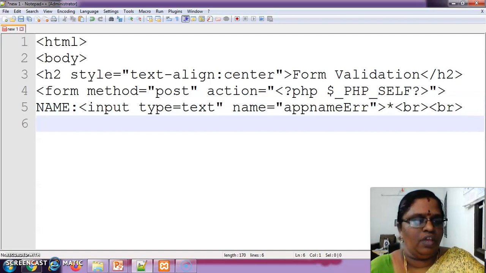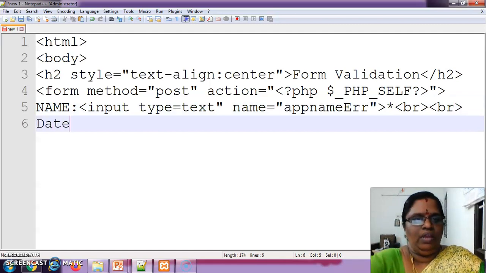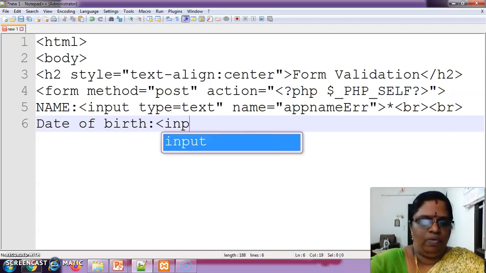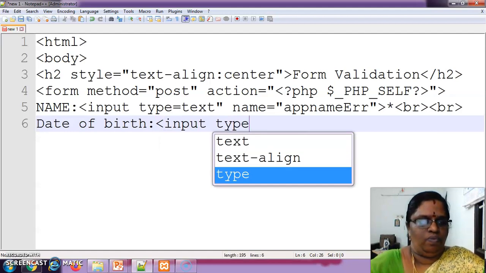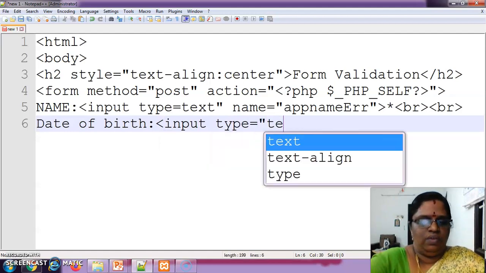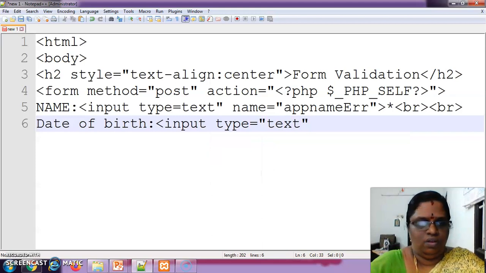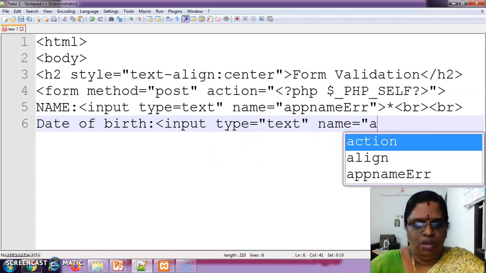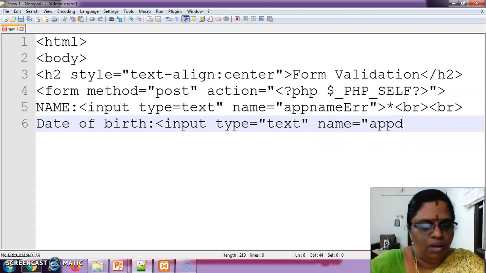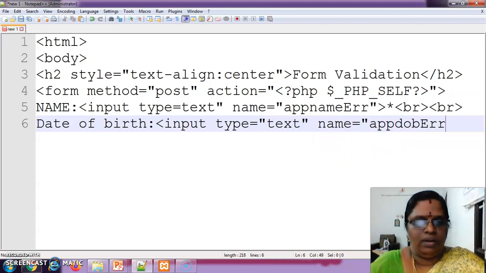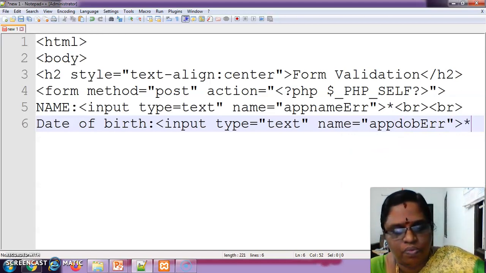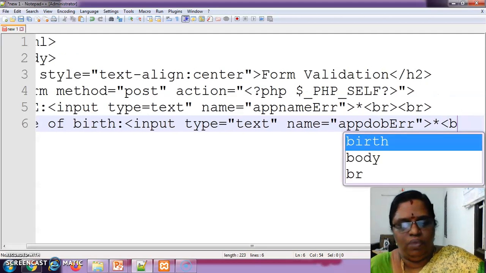Okay, next one, date of birth. Input type is equal to text. Name is equal to date of birth, year. Okay. BR.